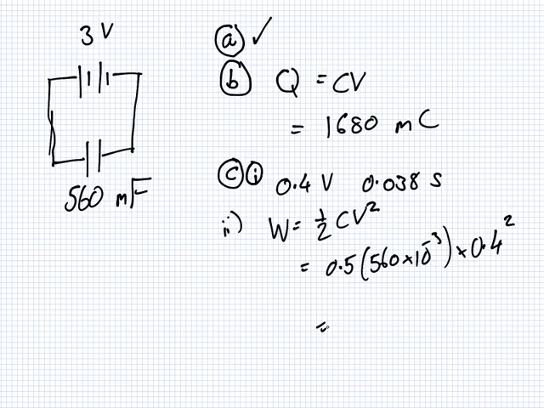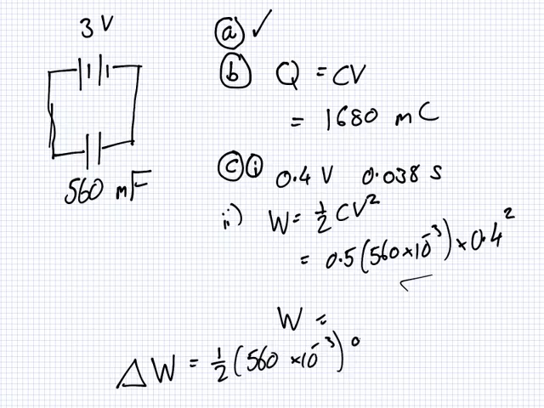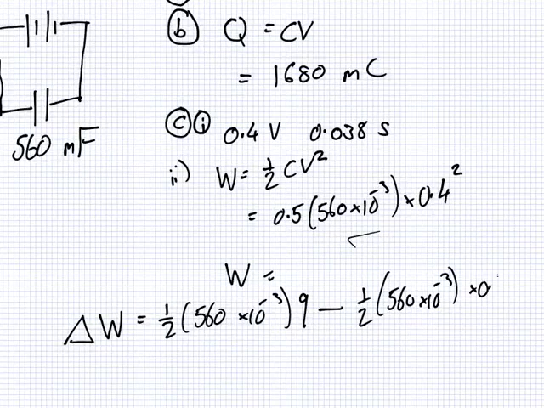So the change in the work will be the total originally, which is a half CV squared, minus this one, a half, and that one, and then V squared. But as you pointed out, Monica,